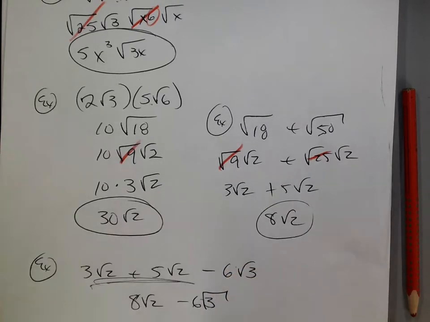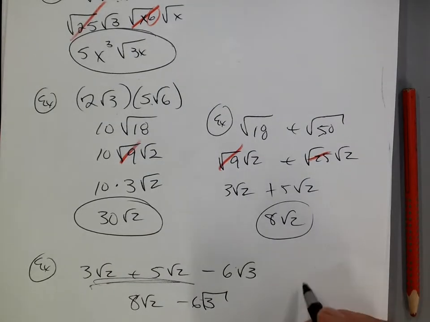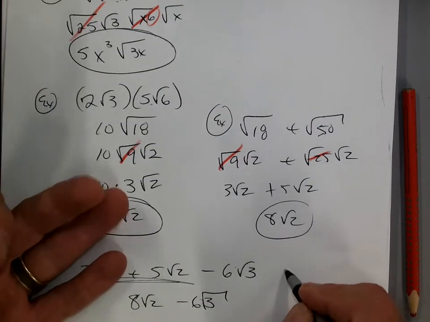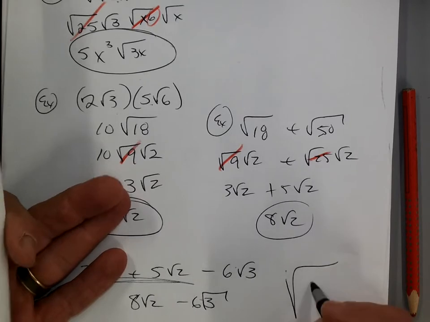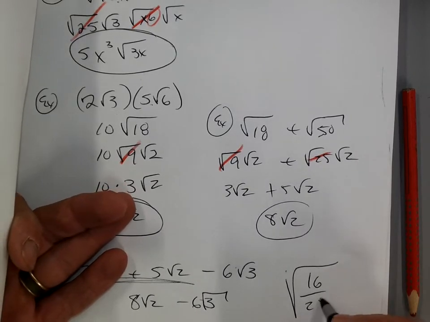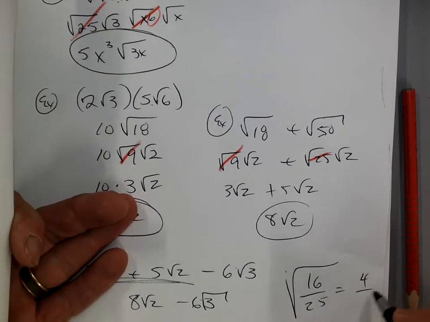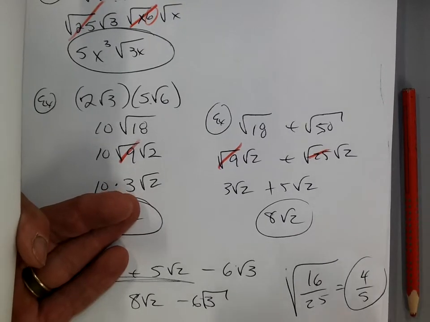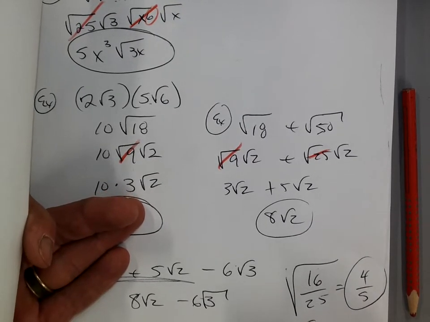Okay. Now, what about today? Well, today we're going to talk about division. So division is easy if they are perfect squares. Example, if I had the square root of 16 over 25, easy, 4/5 because the square root of 16 and the square root of 25, right? But